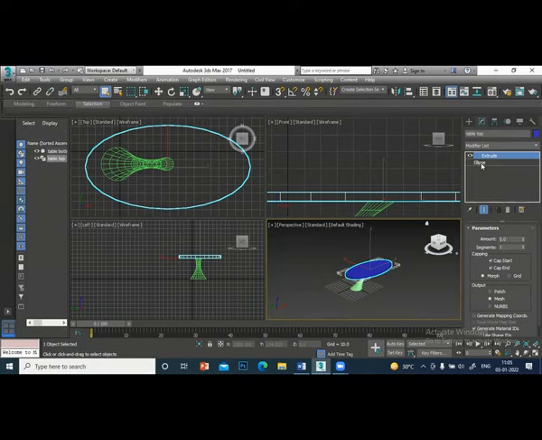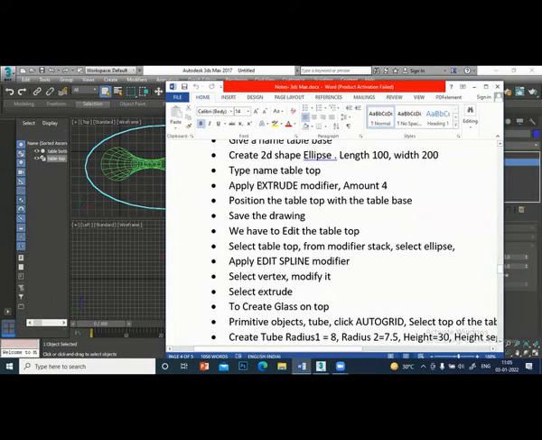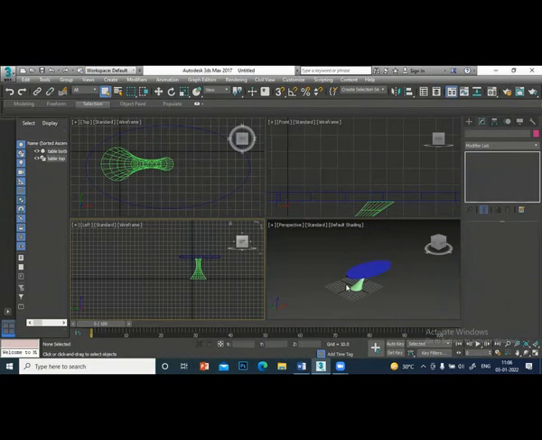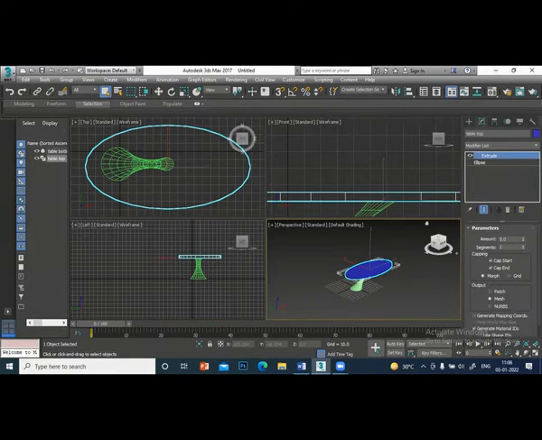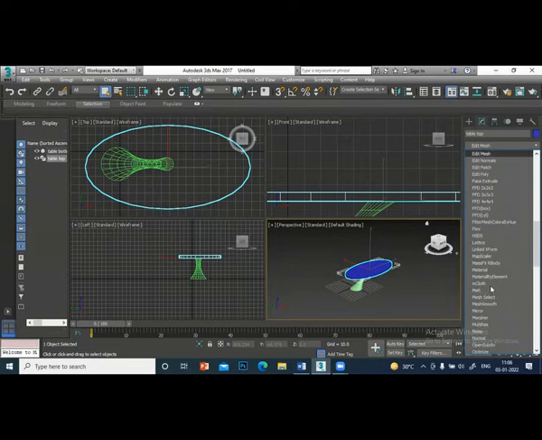I will go to edit ellipse, and I can change any values of that ellipse. I will apply a modifier there. What is the modifier you have to apply? Extrude, position, edit spline modifier I have to apply. So I can modify this. Go here, edit spline.